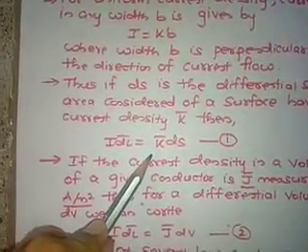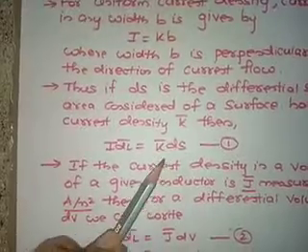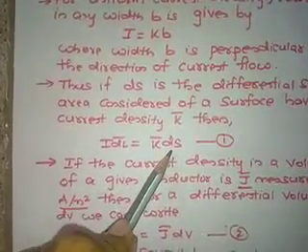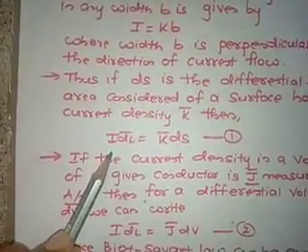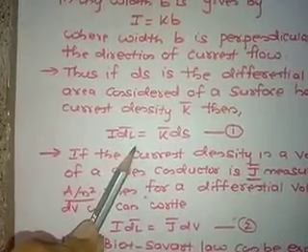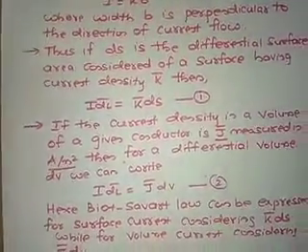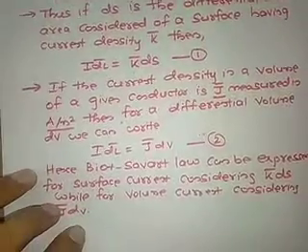K bar is ampere per meter into meter square. So meter and meter will cancel. So ampere meter will be left; LHS will also be ampere meter, I into dl. Okay. Similarly, if the current density is considered in a volume, current density in